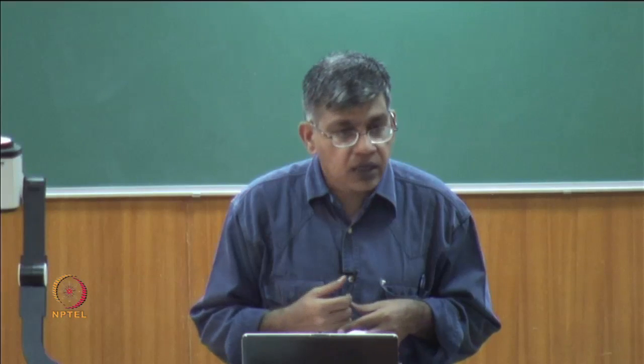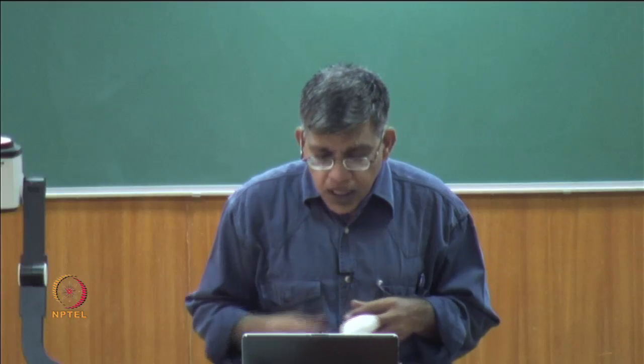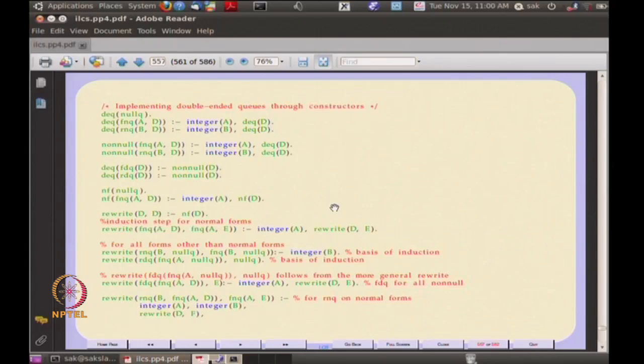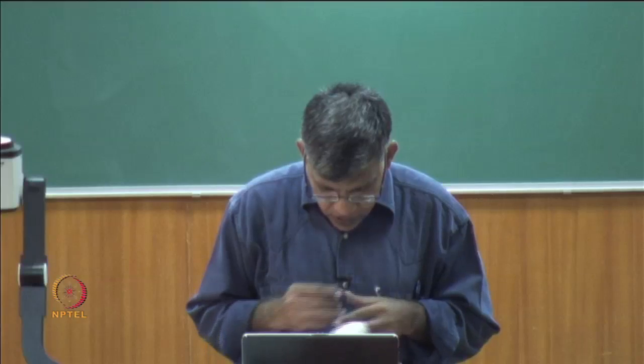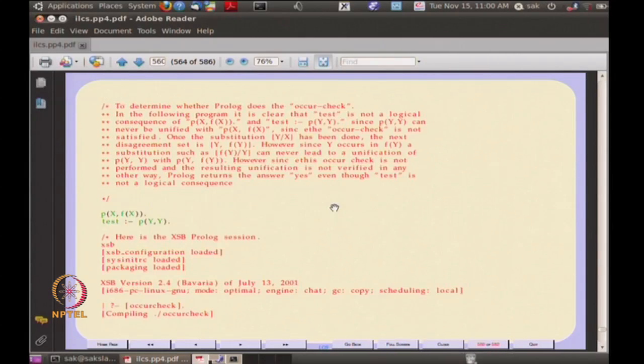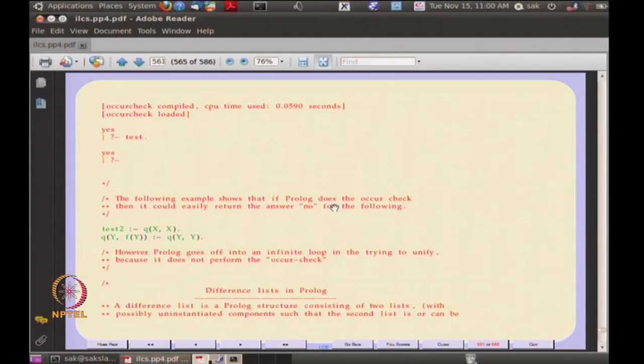This is something that you can do, and of course there are various other things. Prolog has constructors which they call functors. This is an implementation of double-ended queues. I chose a data structure which is not often studied, but you can read it yourself. So you can use constructors, axiomatize those constructors and play with Prolog. But the most important thing of course is that there